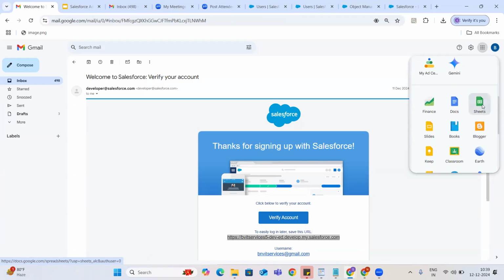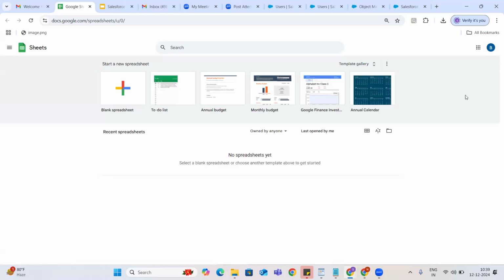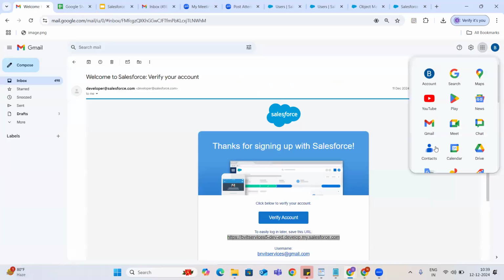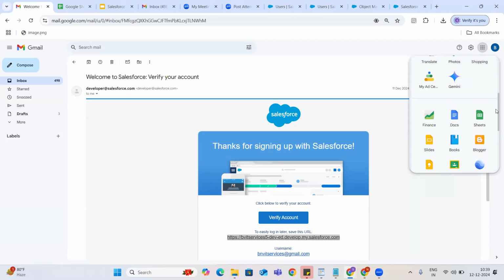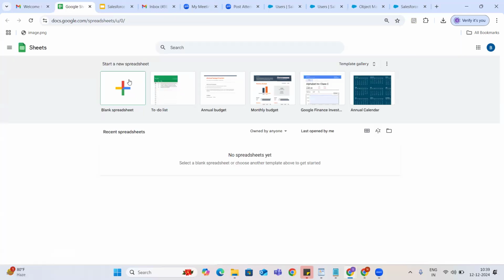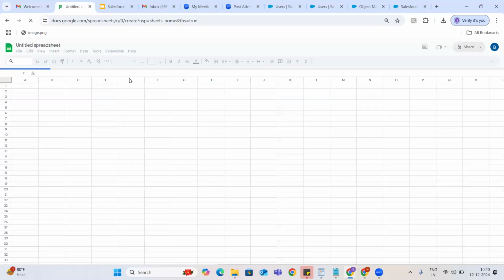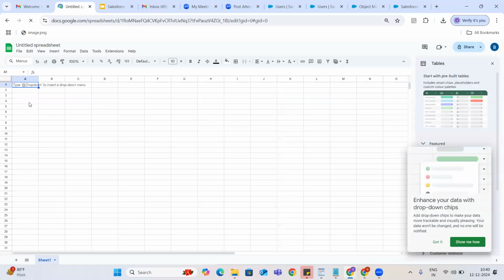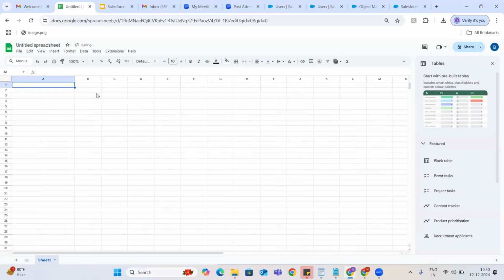So you can go to your Sheets, guys. Even though you don't have Excel or MS Office, fine, you can go to your email itself and you have the option of Sheets. So you can go to your particular sheet and you can open a blank sheet. If you can send me the screenshots also, fine. So it's something like that. You are going to build a matrix kind of table.